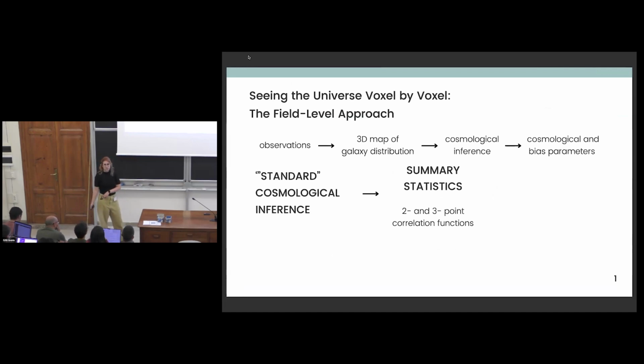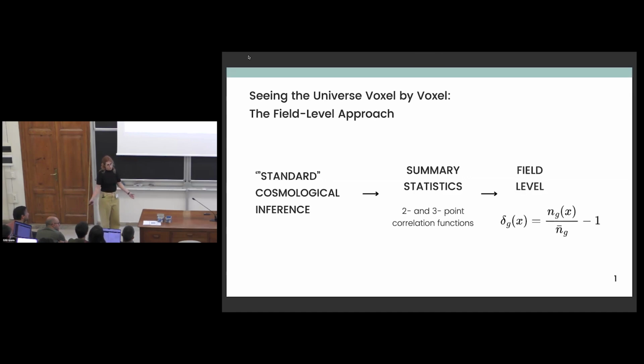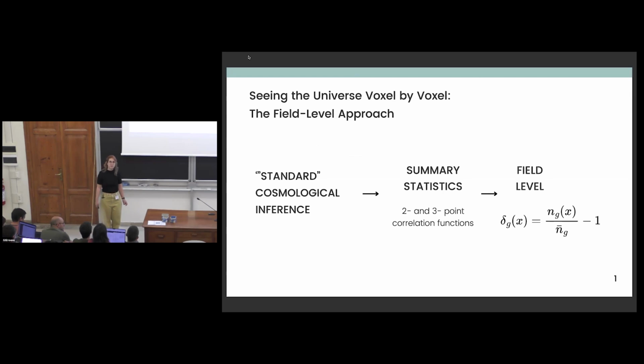But if we want to extract information in going to the non-linear regime, we need higher order n-point functions. This leads to difficulties, mostly because of the size of the data vector that increases rapidly with the higher n. An alternative approach is to use the full field level of information, where we aim to extract the joint posterior of initial conditions, cosmological parameters, bias operators, and then do field level inference, right? This leads us then to a question of